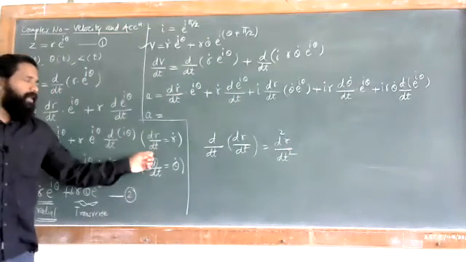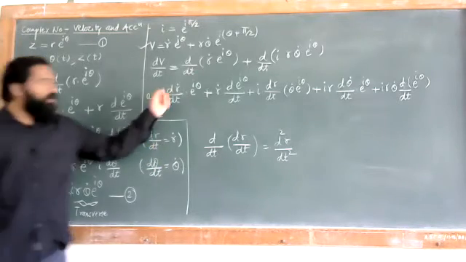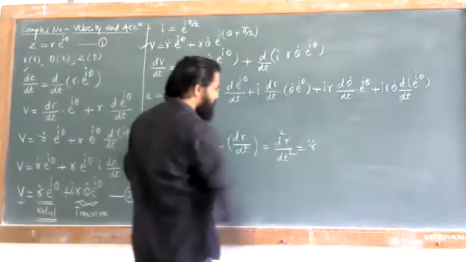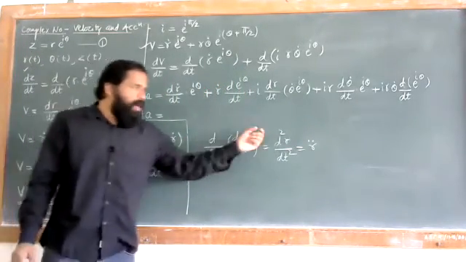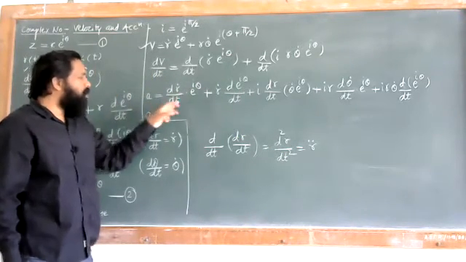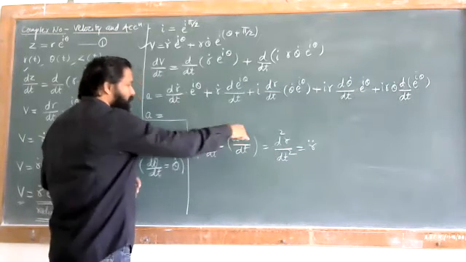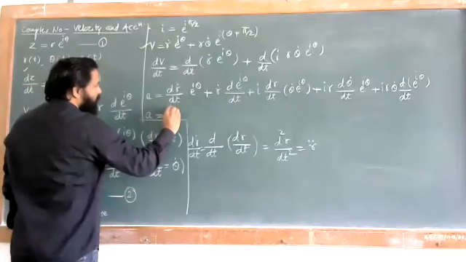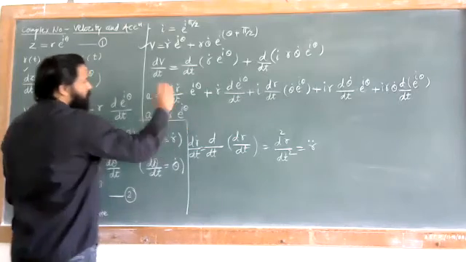Just as we called dr by dt as r dot, in the same way we can call dr dot by dt nothing but r double dot. Everyone remember, dr by dt is r dot, d2r by dt square is nothing but r double dot. So we say this dr dot by dt is equal to d by dt of dr by dt is equal to r double dot. And so I can write the first thing, that is a is equal to r double dot into e raised to i theta. That is the first thing.